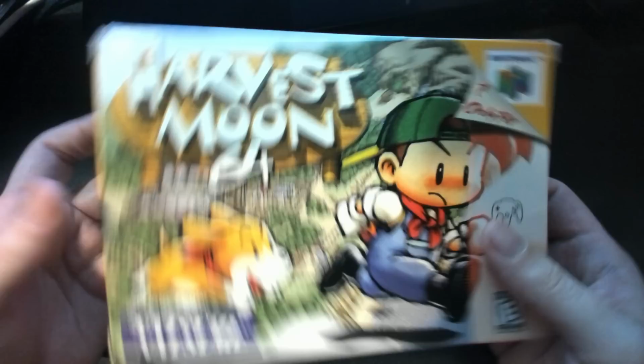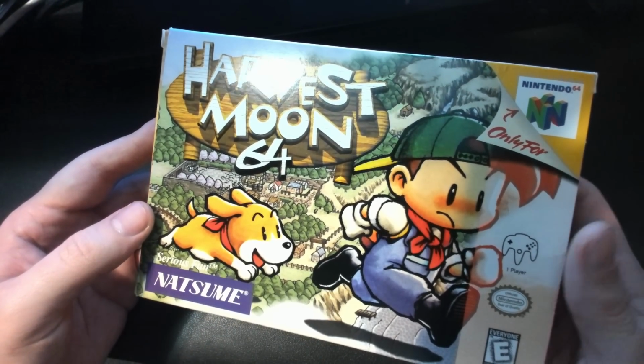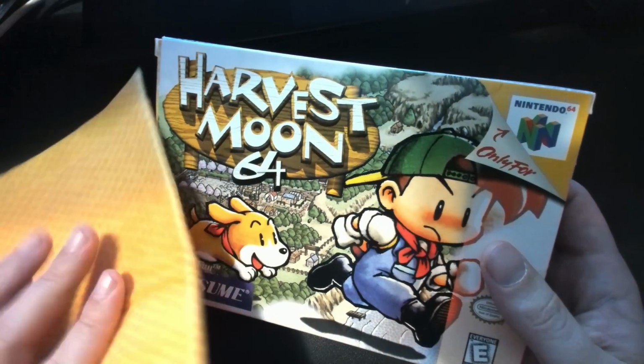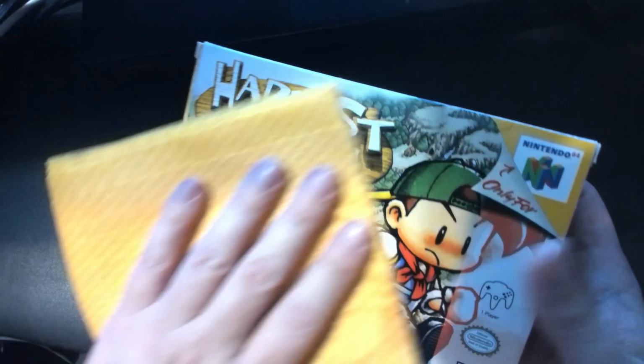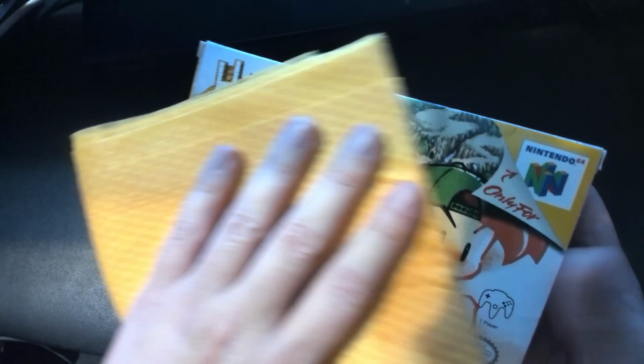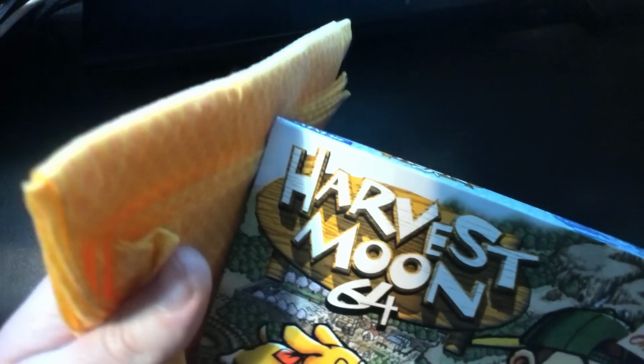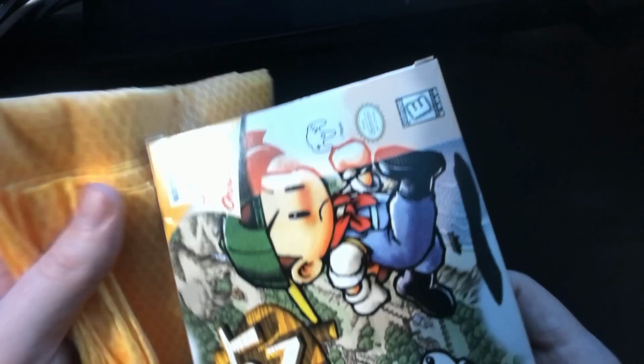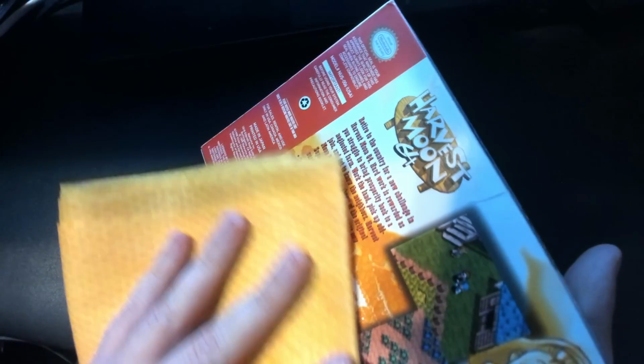So this one here, I remember being incredibly hyped to get Harvest Moon 64. Now this game I picked up, I vividly remember it. I was in a mall, not my local mall, it was a pretty far away mall, and I went into an Electronics Boutique, and I remember seeing this game on the shelf with the box, and when I went up to the counter, they did have the manual, they had the cart, obviously, for $40, I think it was,